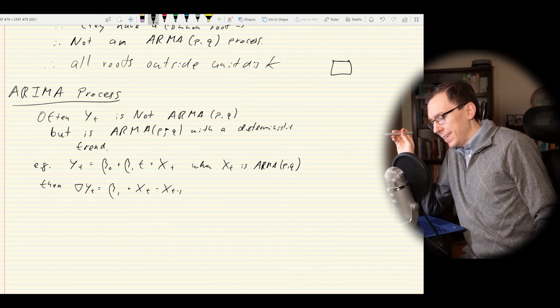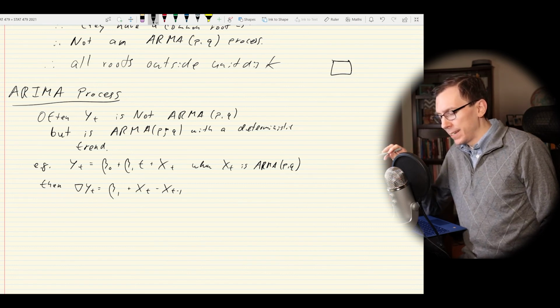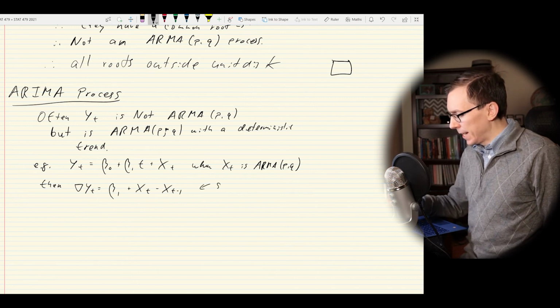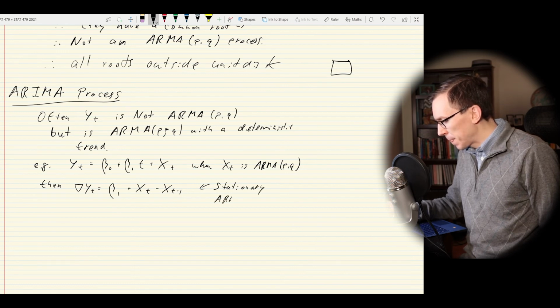So we basically lose the constant term beta_0, and then beta_1 goes from being a slope to being like a constant term. And this is now stationary,